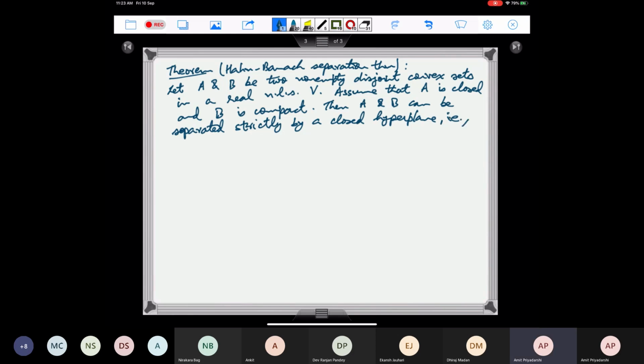That is, there exist some f in V star and alpha in R, and some epsilon positive, such that fx is less than or equal to alpha minus epsilon and fy is greater than or equal to alpha plus epsilon for all x in A